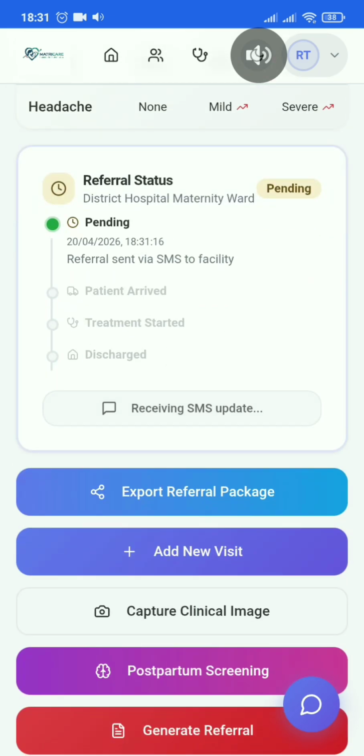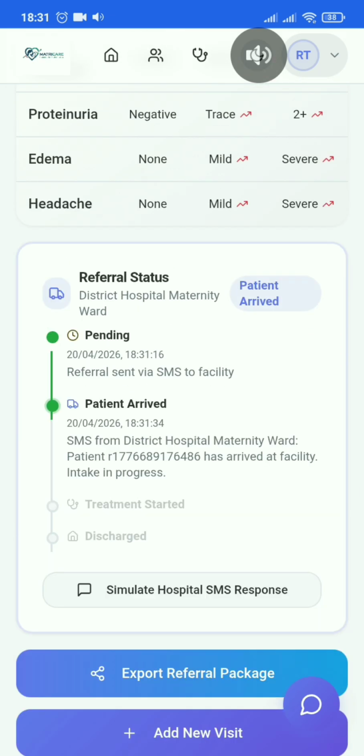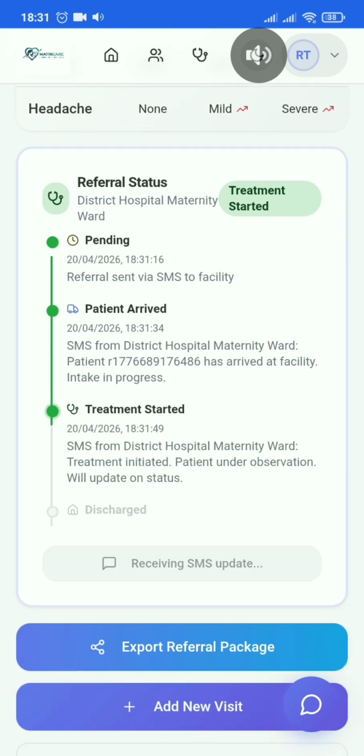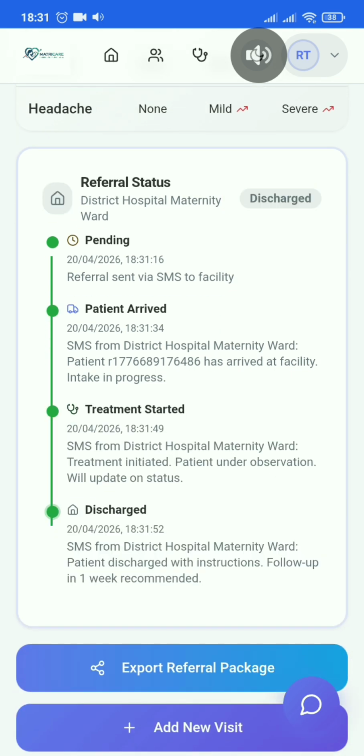And the most interesting fact here is that after you generate a referral, it's not just a one-way referral system but a closed referral system, in a sense that when the patient's arrival is confirmed by the hospital and an SMS is sent, we get the response back, and it's a closed referral loop system. So the patient and her information will be recorded till the patient is discharged. So it's a closed referral loop system,